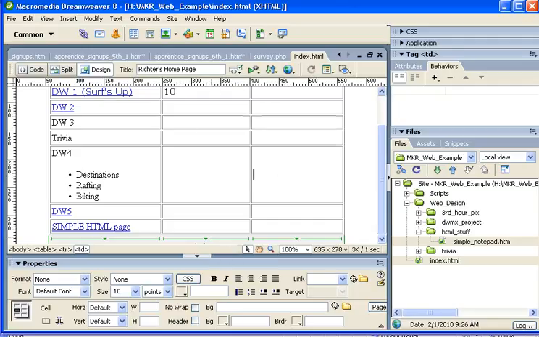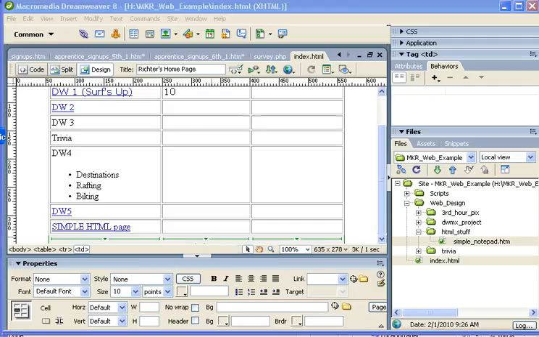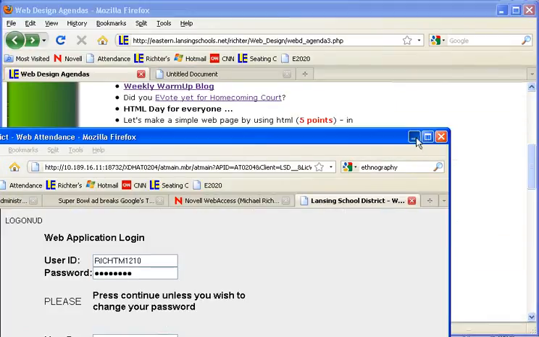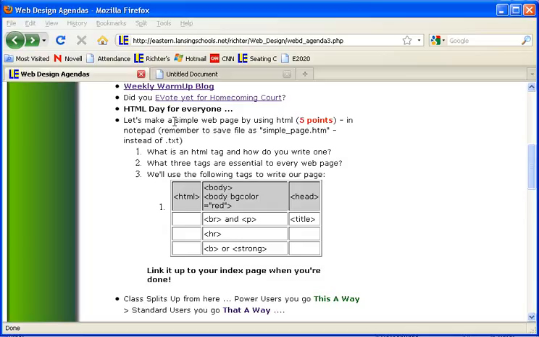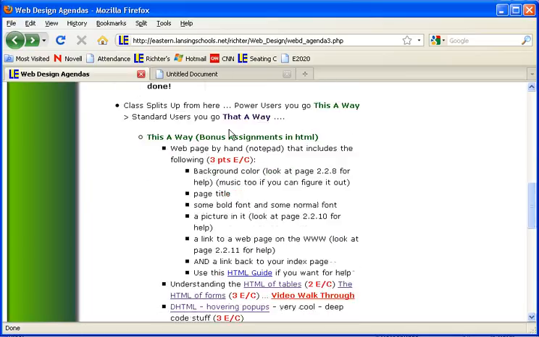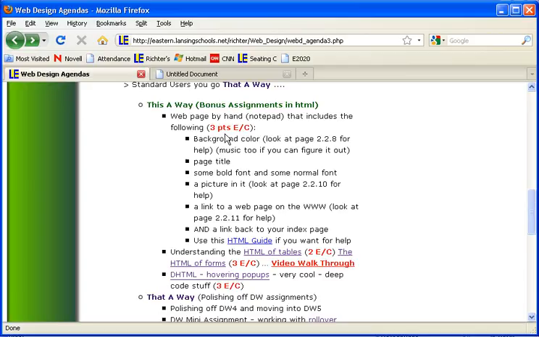Now what you want to do is come back to our agenda. Get back here. Get out of here. And now you have a choice. We've got our power users. Our power users are people who are already basically done with Dreamweaver. They've got their lesson 5 done. They've already set up their blue cube, or you're going to finish in the next day or two. So power users, what you want to do is continue with a little bit more HTML, and for extra credit,